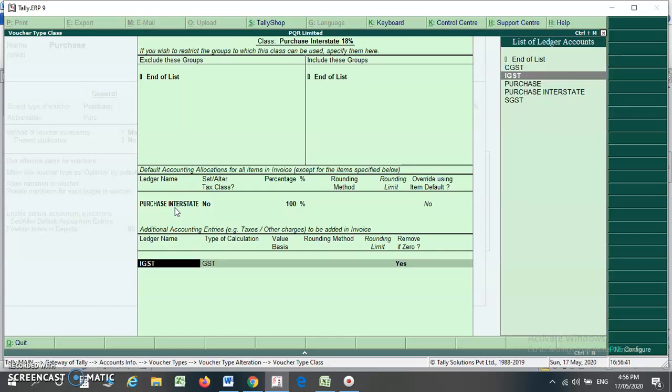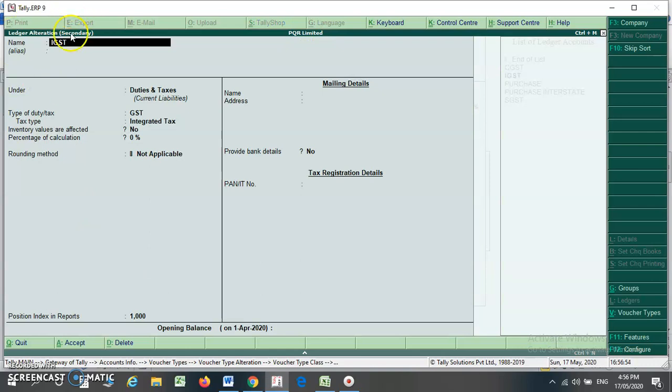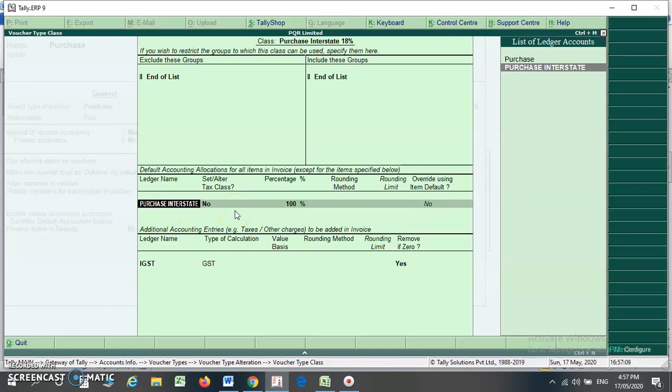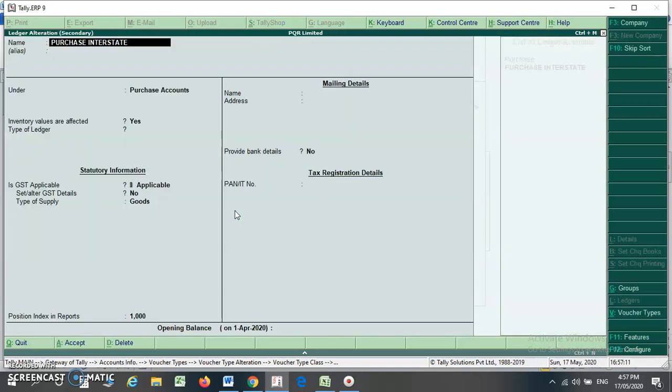Suppose you want to know or alter this ledger, so just press Ctrl Enter while you are on the IGST tab. So I am pressing Ctrl Enter. You will see that my IGST ledger is already configured. Under the head duties and taxes, I have already selected type of duty as GST. It is integrated tax. Suppose you want to see the purchase interstate ledger, I press Ctrl Enter.